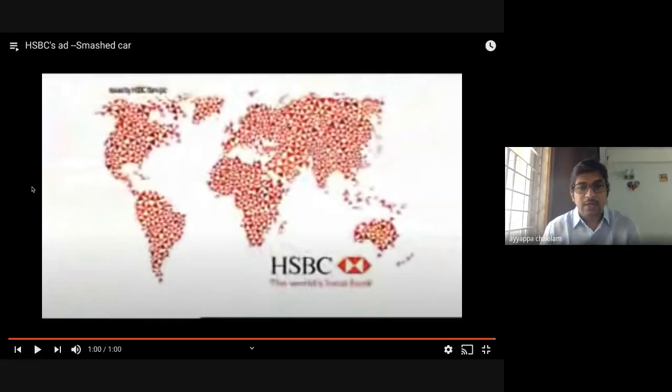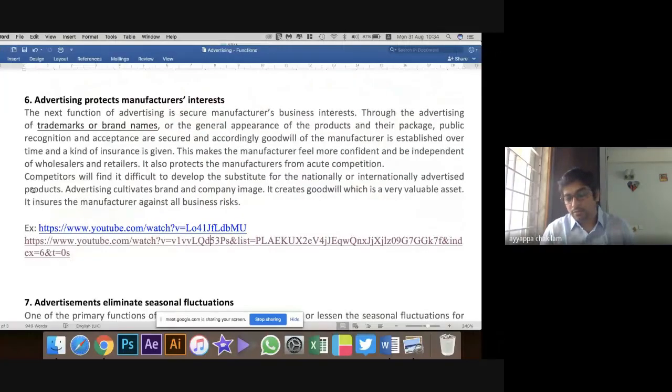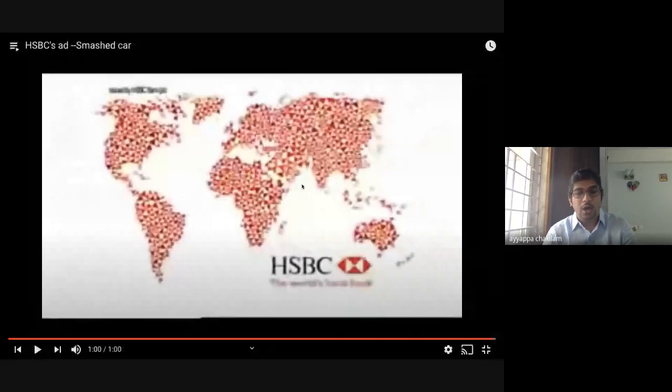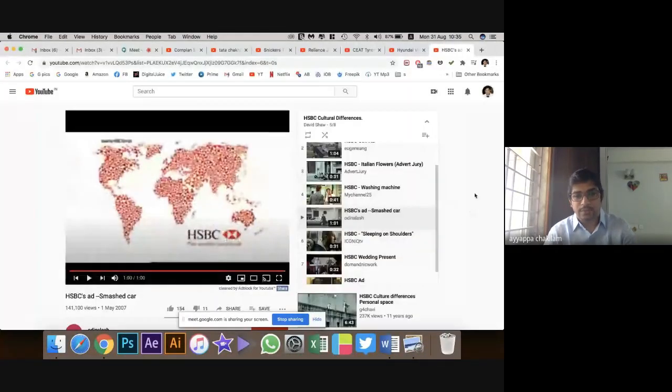So as you can see in this ad, they are trying to tell that in Germany, they are very particular about their cars and they respect others' cars. But just across the border, France is not like that. They try to say it in a humorous way, that the French really have a carefree approach. That means they really understand how everyone behaves in a particular country, and what is worth it for you, what really interests you. That's how advertisements try to convey how we are local to each place.